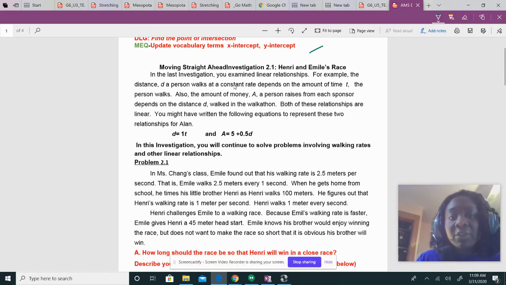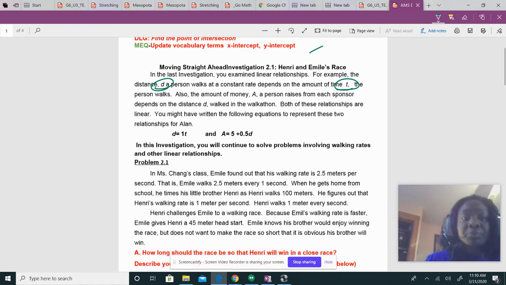It says, in the last investigation, you examined linear relationships. For example, the distance d a person walks at a constant rate depends on the amount of time t that they have. Now, you always want to make sure that when you're going over these lessons with me, if it's not a Zoom or a Google Hangout, that you have not only the screen open, but you're giving yourself an opportunity to really look at your answers, and then jot down any questions that you might have for me